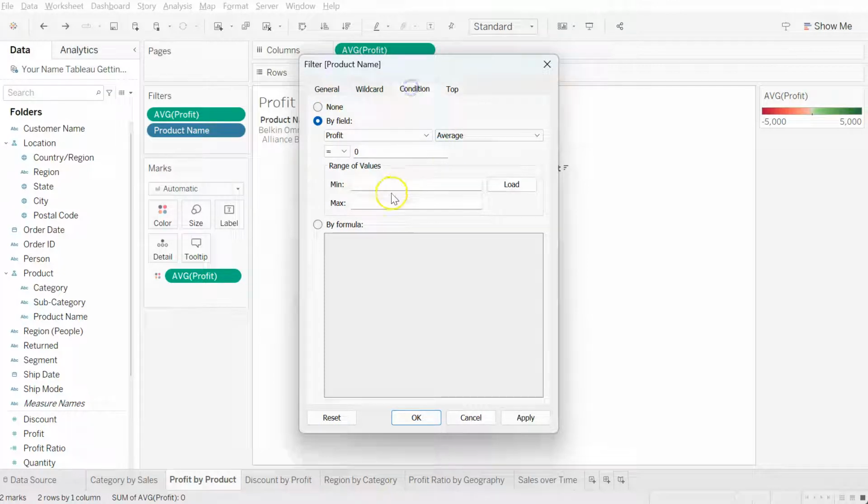I'm going to click none. And I also had this on here as well. So I'm going to change this condition to a formula, because I don't have a way of getting both the top 10 and the bottom 10 at the same time. So what I want to do instead is come in here and say, well, what I want is the product names where